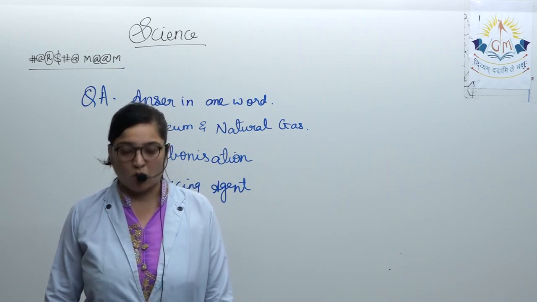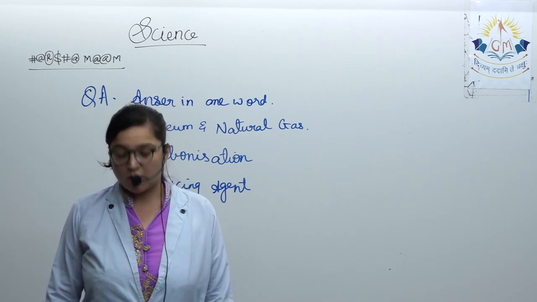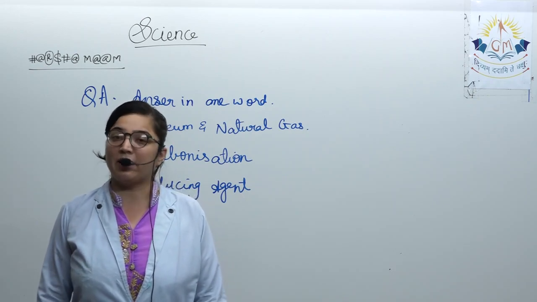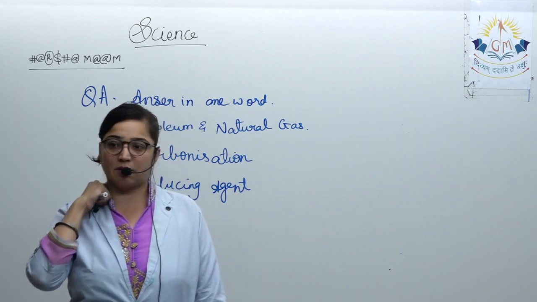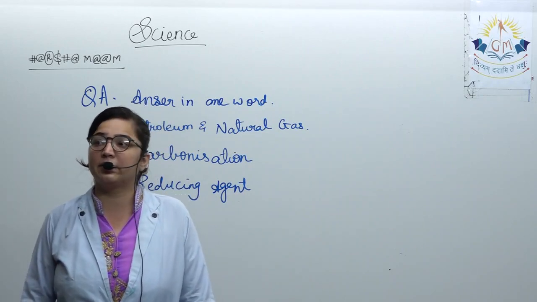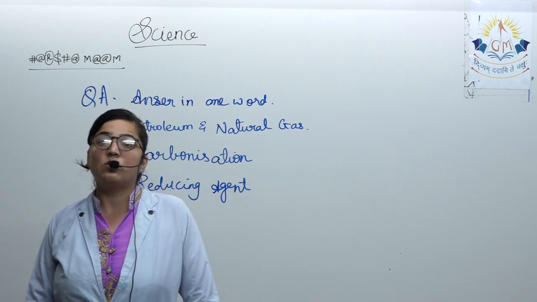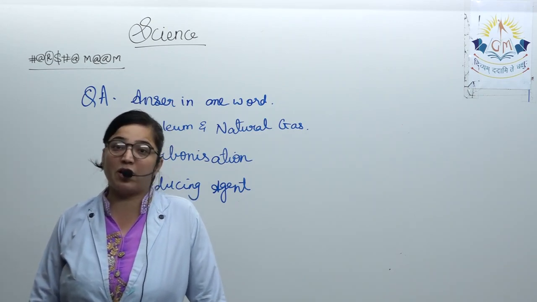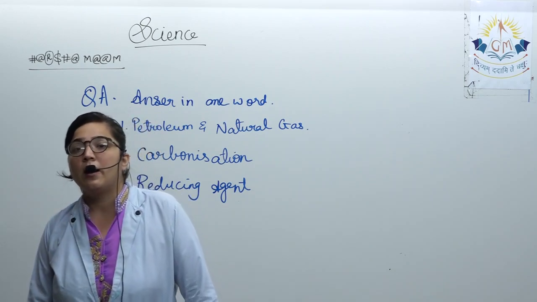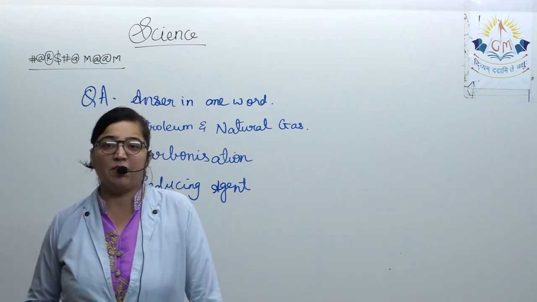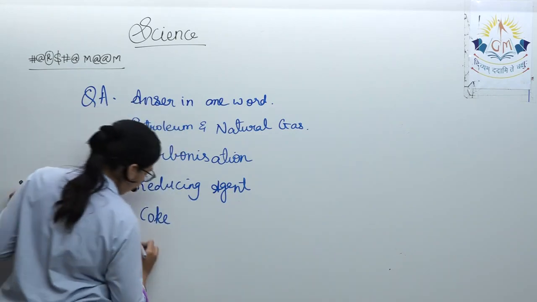But what is the main property? It is first of all a volatile mixture. Because it is a volatile mixture and each of them has its individual boiling point, we get the different fractions. So here is the answer, volatile mixture